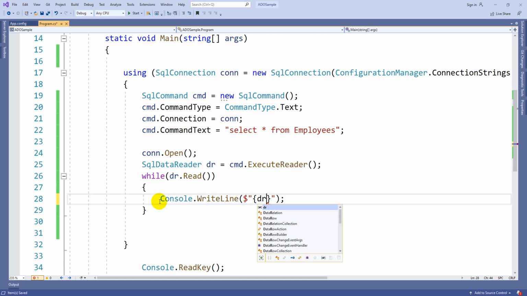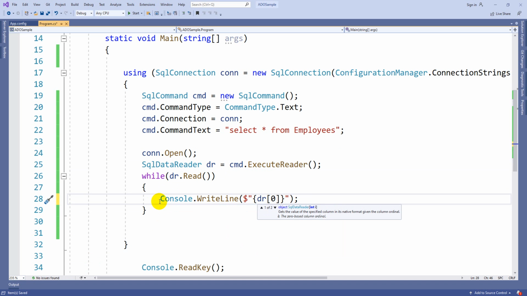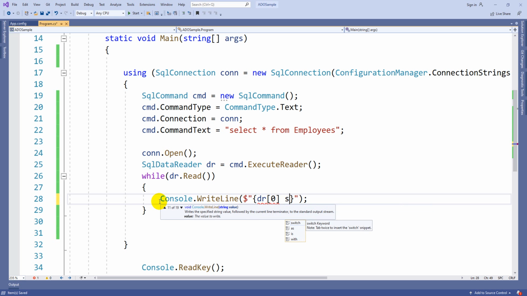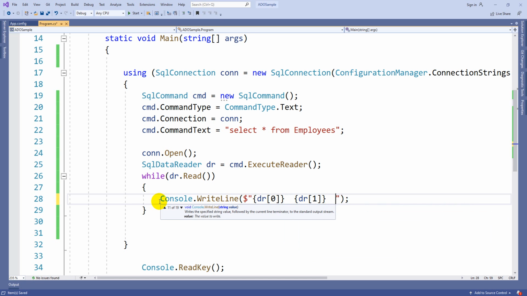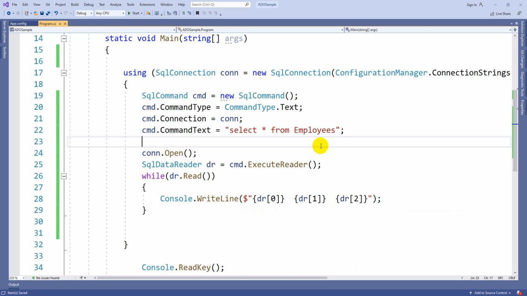So dr of, either you can write 0 or else you can mention the column name also. So dr of serial number, dr of name, and all those, like that you can mention all the attributes. So dr of 1, dr of 2, like that you can get one record at a time.